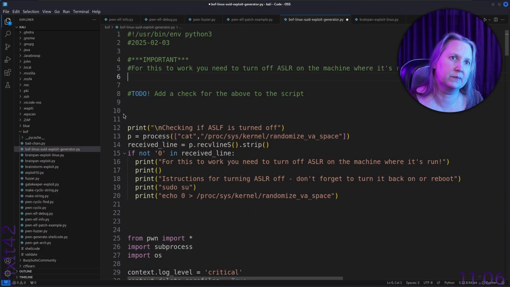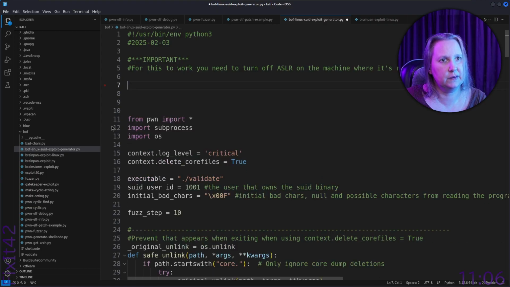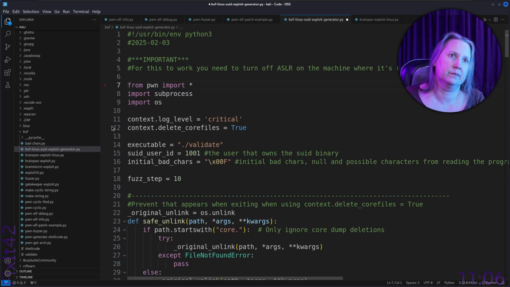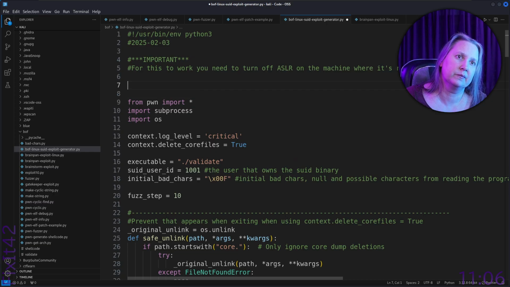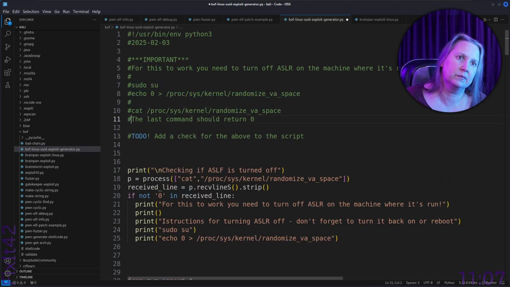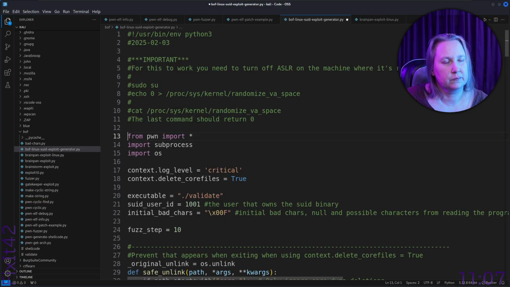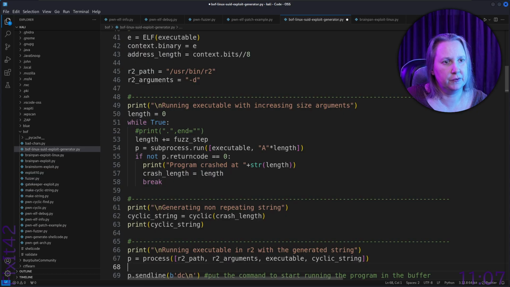So we don't need that bit. And we're going to put this at the end. The to-do is done. Important. For this to work, you need to turn off ASLR on the machine where it's run. Alright, maybe I want the instructions here too, so people can do it before, but if they forgot,